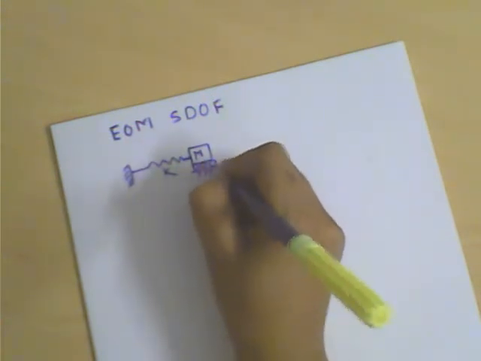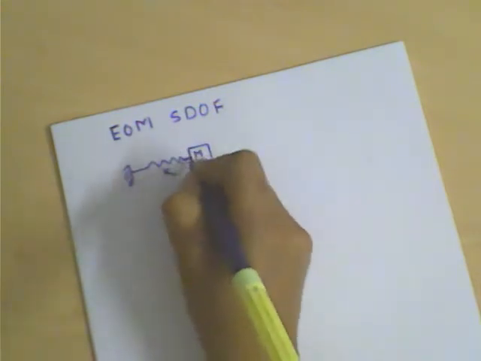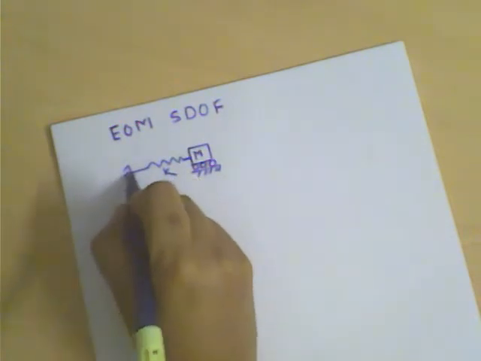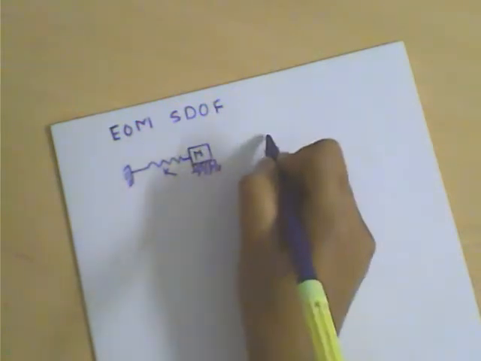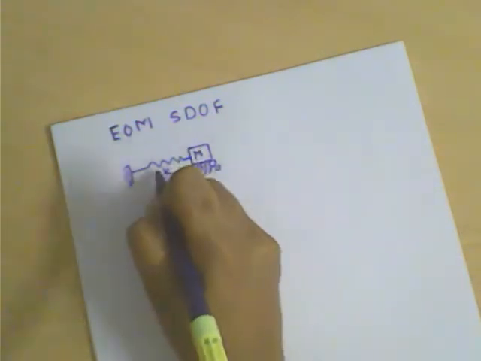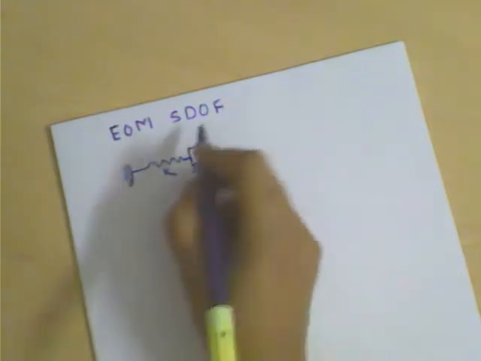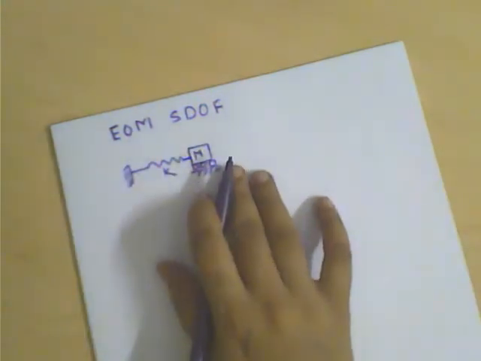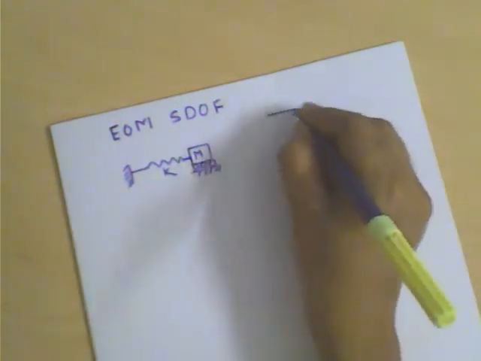Now this mass is not free to move, but has a constraint coming from the spring. Since the spring is attached to the wall, it pulls the mass block when it tries to go away, whereas when the mass block moves in this direction and compresses the spring, the spring pushes the mass back. As we discussed in the last class, this is a very representative system. It can represent any realistic system.